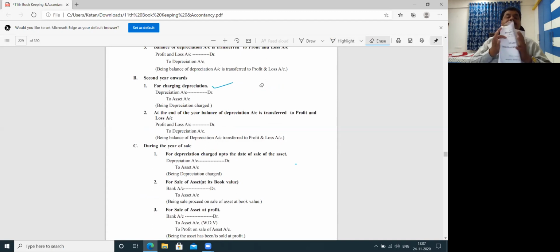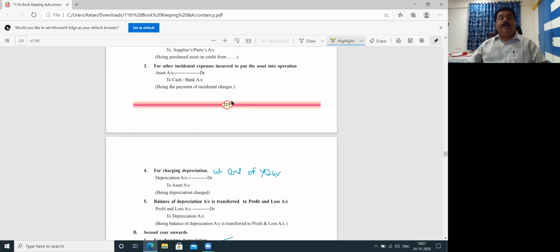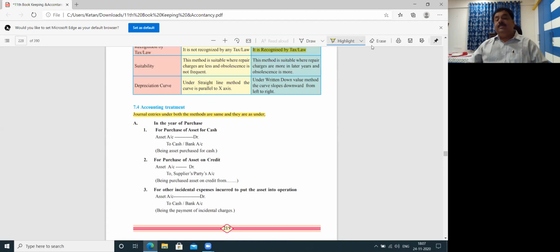Fold the page like this. In the first column write particulars, in the second column write journal entries. Number one, in the particulars column write: when asset is purchased. Now write in the journal entry column: asset account debit to cash or bank,